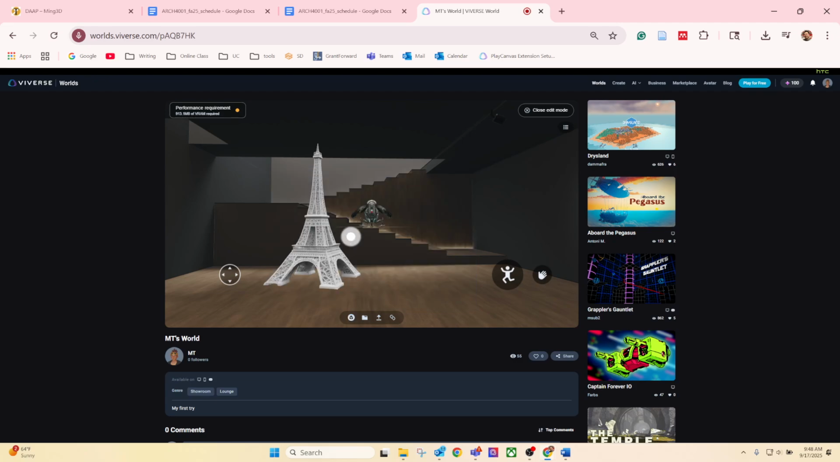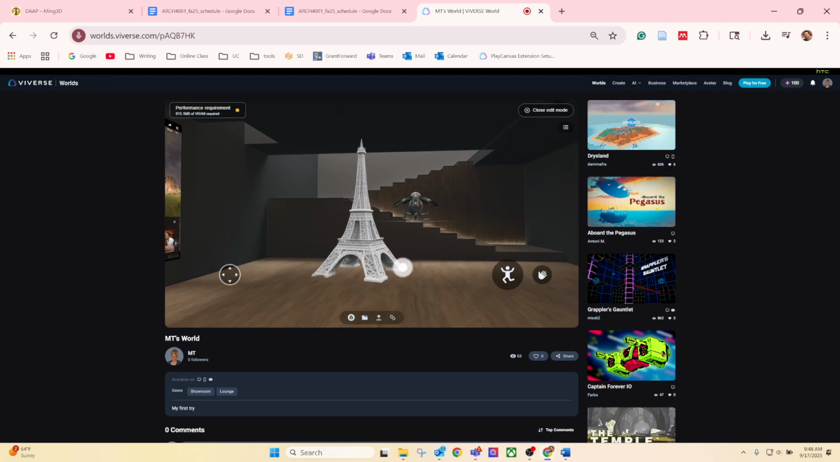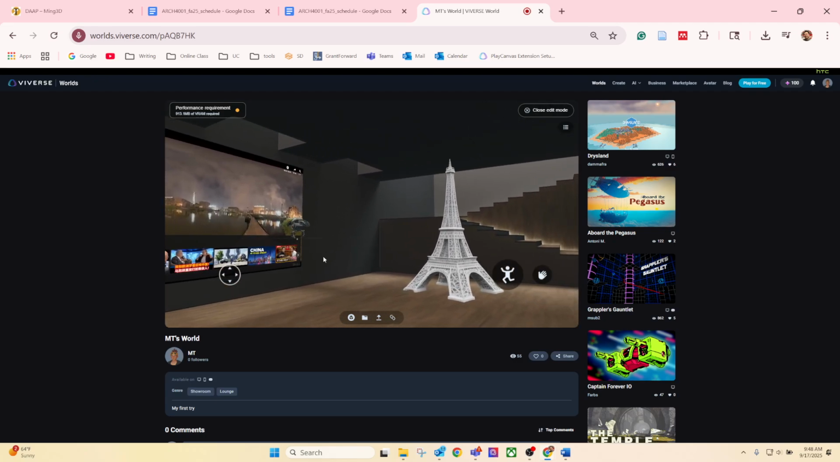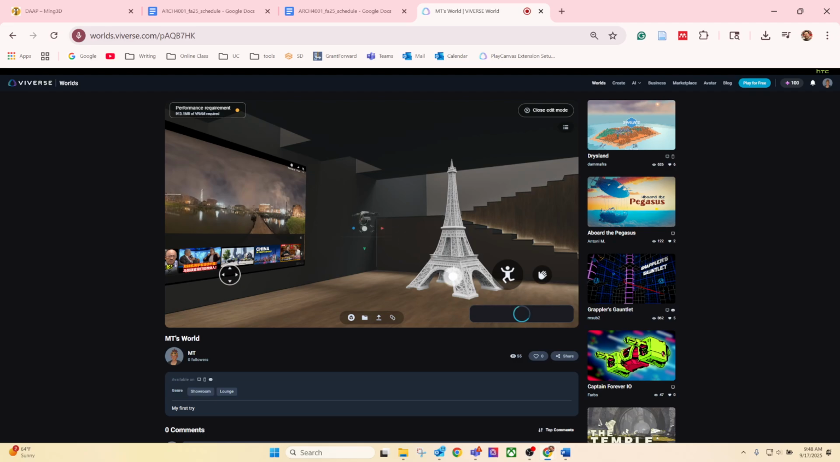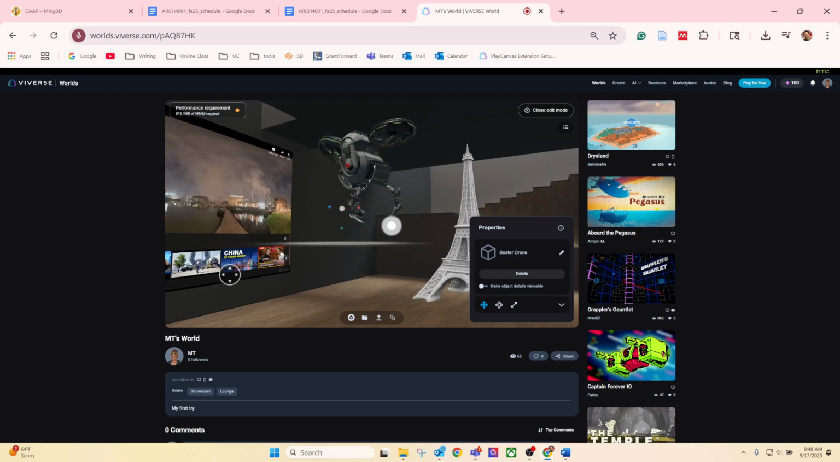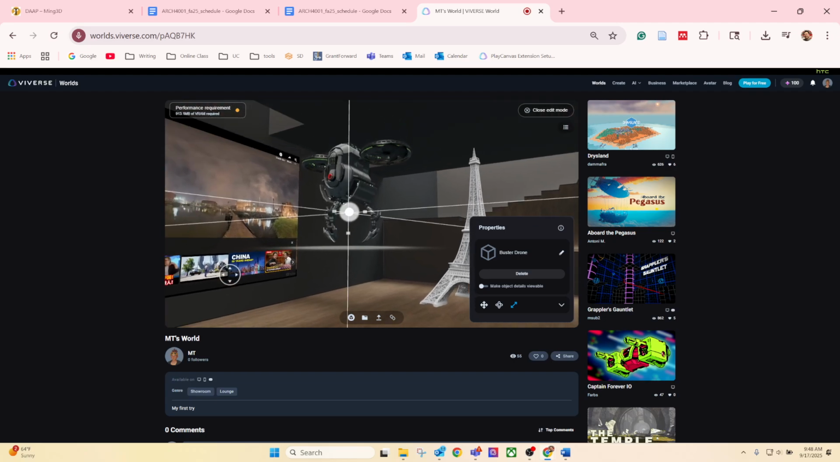Then the model is loaded in your scene. You definitely want to be careful not to make too many of them. Once they are in, you are able to click and select, then manipulate, for example, the scale. I can make it a little bit larger by